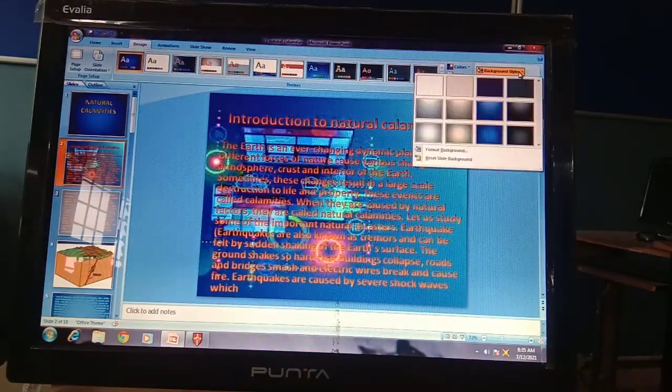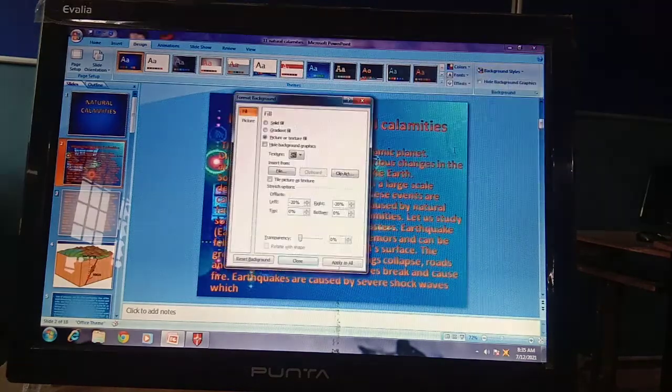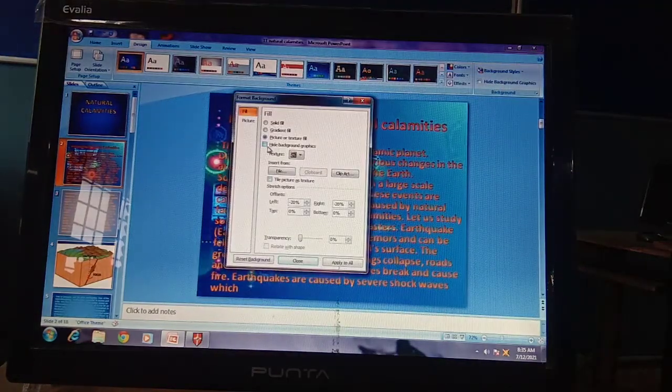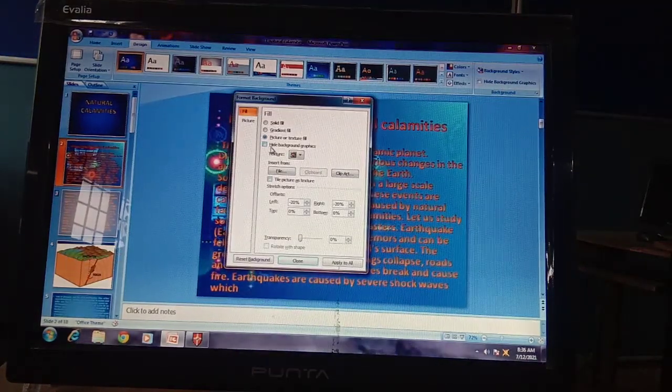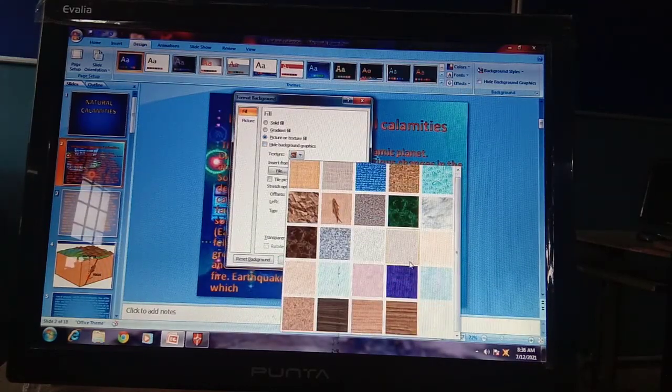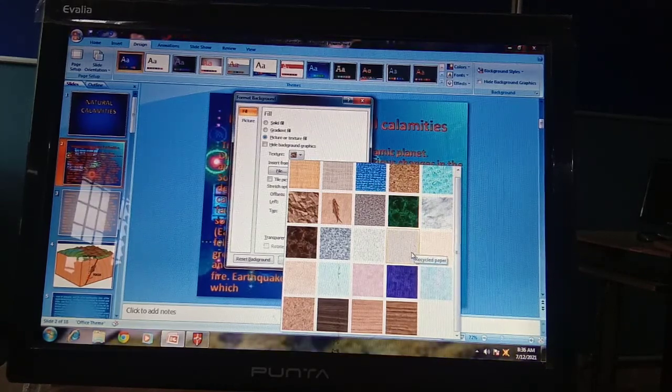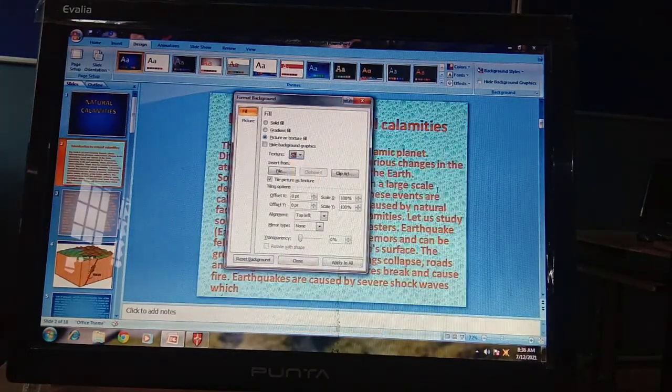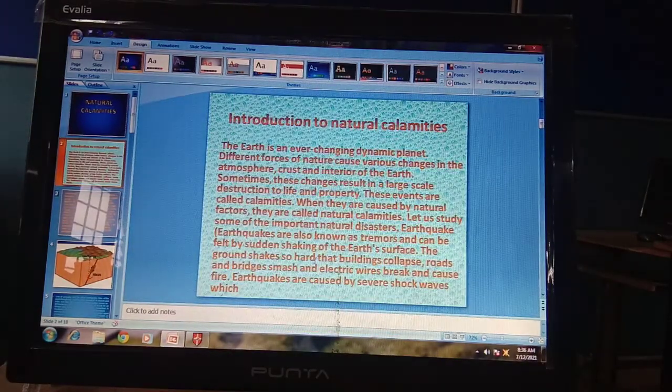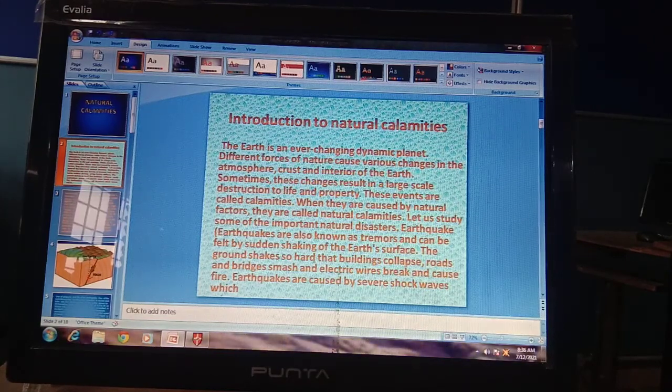Either you can have these textures. These are already built-in textures that are available in your Microsoft PowerPoint. You can choose these textures also in your presentation. Which type of background you apply depends on your presentation, on what type of presentation you have and what your presentation topic is.